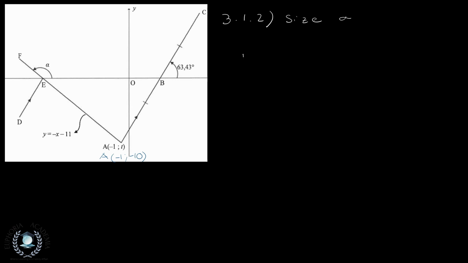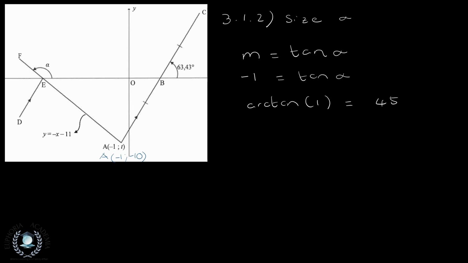Alright, so the formula to find the angle of inclination is m is equal to tan theta. In our case, our angle is going to be alpha, and the gradient that we do have was given in the question as minus 1, and that will be equal to tan alpha. Now I'm just going to find the arctan of 1 and not minus 1. So let me just write that down. The arctan of 1 is going to be